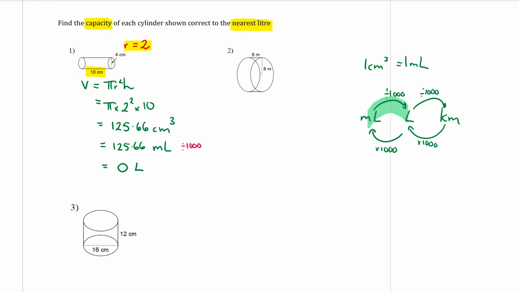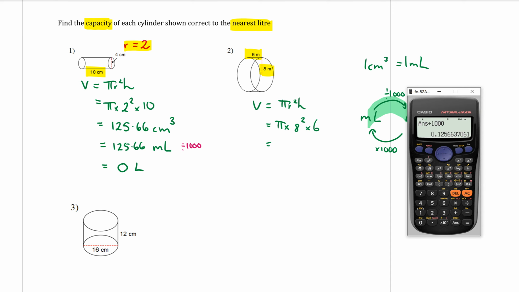All right, let's do it again with question 2. Find the volume and then the capacity in litres. So our formula for volume is V equals pi r squared h. The 8 is the radius because it's halfway, remember? And the height is 6, so we can sub those straight into the formula. Pi times radius was 8, so 8 squared, and height is 6. Typing it in. Pi times 8 squared times 6 is